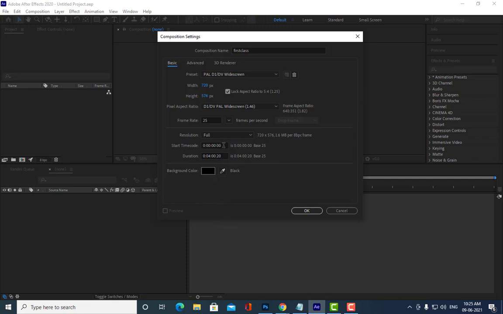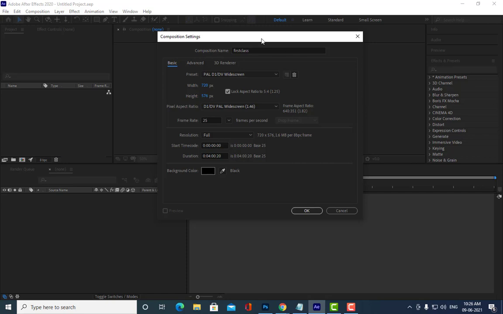And what is the start time code? It means, see, if you don't want to start from the first second itself, from the first frame or first minute, you can change these values. But actually we want to start from the first frame only, so I will not change this start time code. But if you want, let us say I want this to play at 5 seconds, you can change it. Are you all getting my point? Yes, sir. Okay, so like this you can do, but let's not change anything.